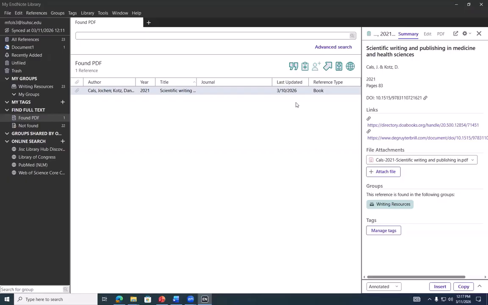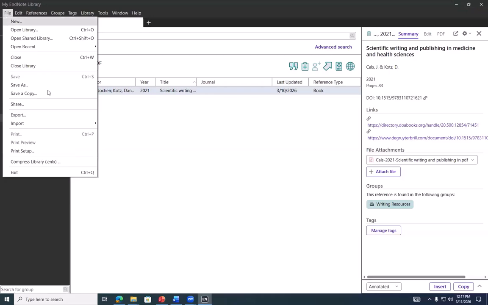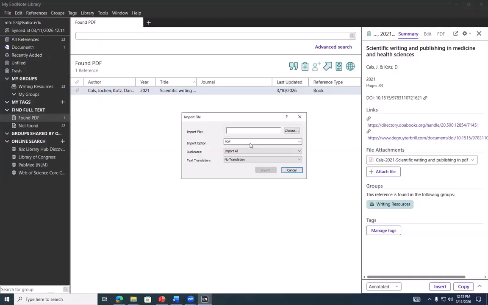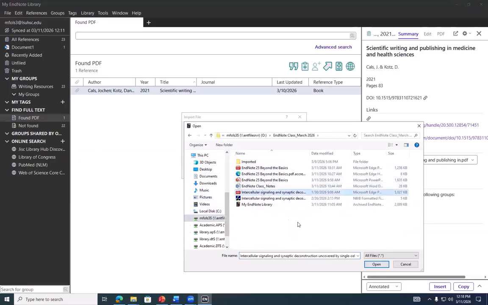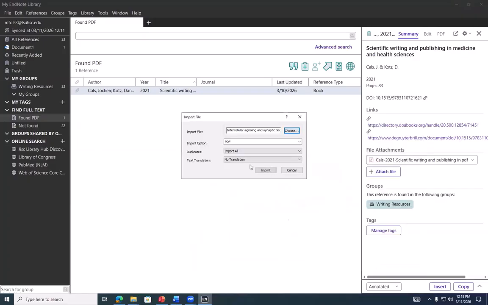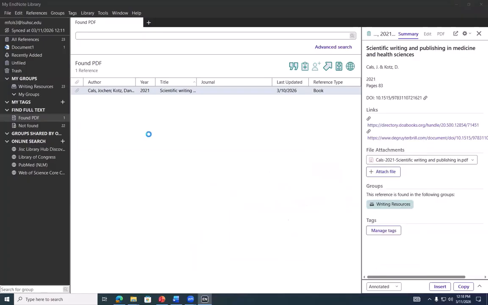So one other thing you can do is you can import directly from a PDF into EndNote 25. You can see I've already pre-selected the PDF as the document type. There are quite a few you can do. I'm going to select PDF. I'm going to hit choose. And then I'm going to go to my little EndNote class file, and I'm going to select this PDF. From there, I will hit import,